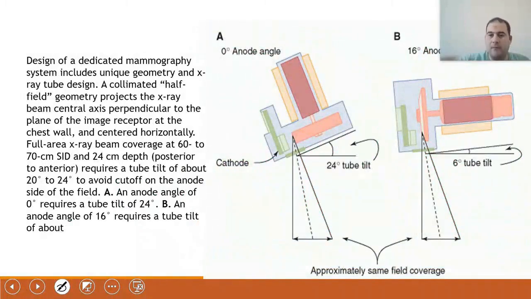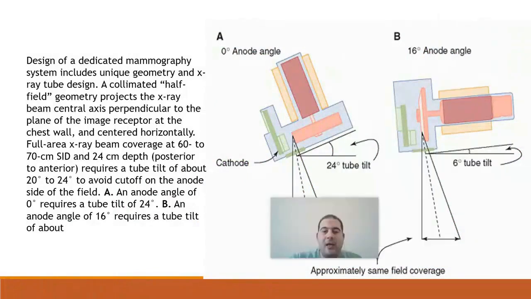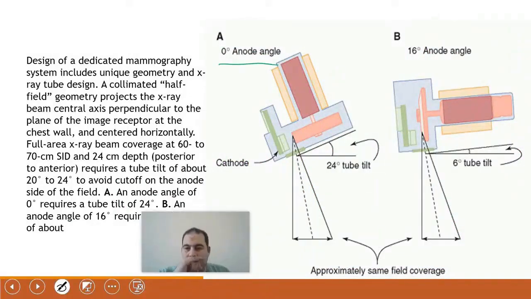I am here to discuss the use of the anode, whether it's a 0 anode angle or a 16 anode angle. The tilting I did helped me understand that there is a relationship between field coverage and anode angle. When the anode angle increases, it expands the field coverage. However, I need to use a small anode angle, so I don't require a large field coverage in breast imaging. Therefore, what should I do? The tilting you did